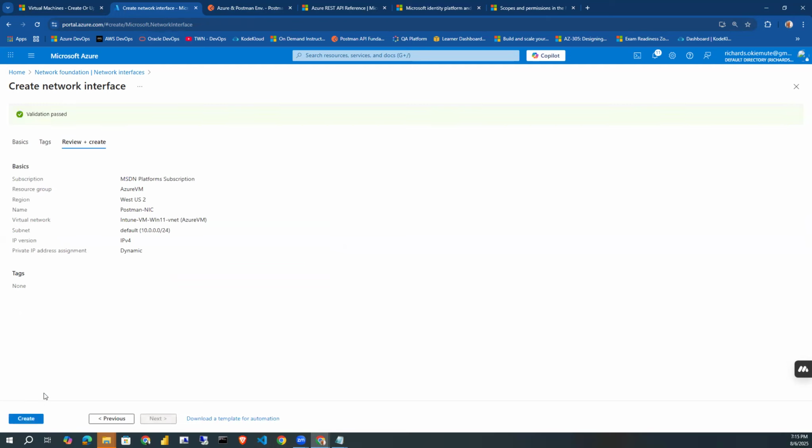So it's currently running validation and it passed. So I'm going to click on create. So once that creates, it's initializing the deployments. When we're done with initializing the deployments, we're going to